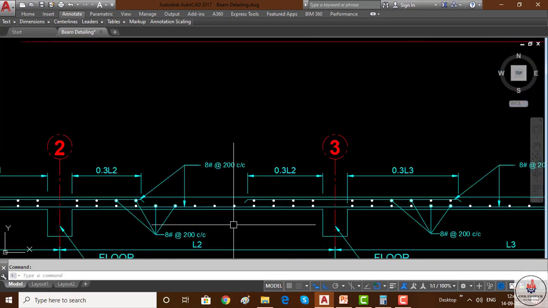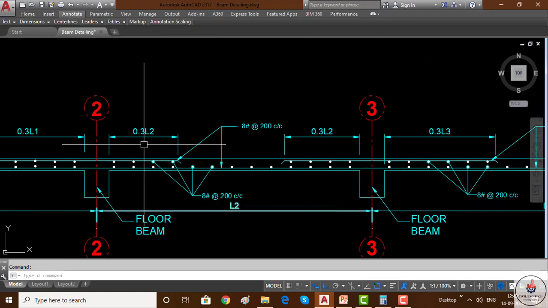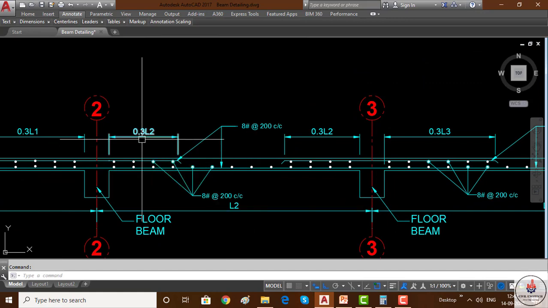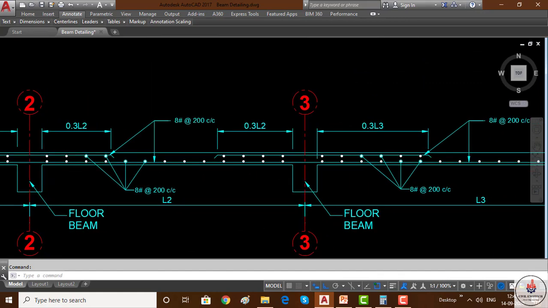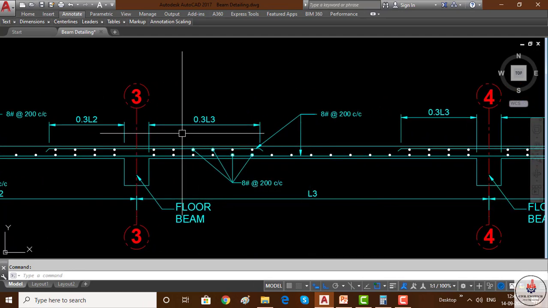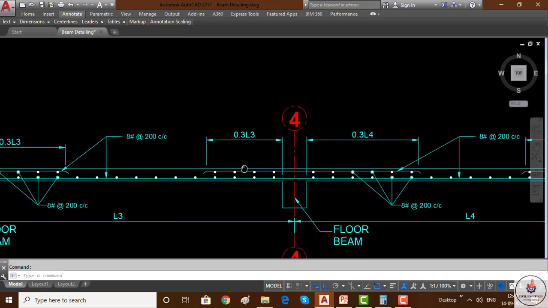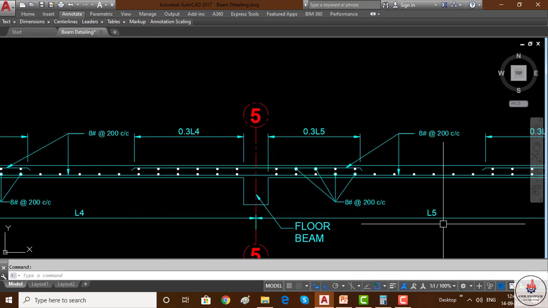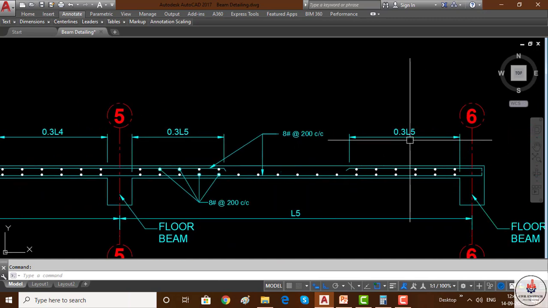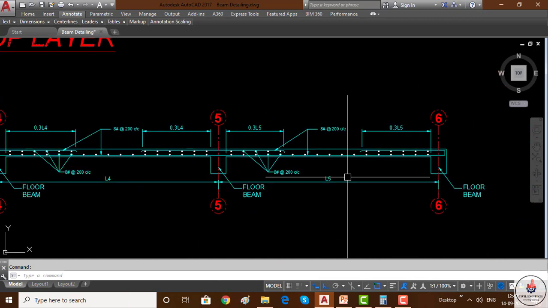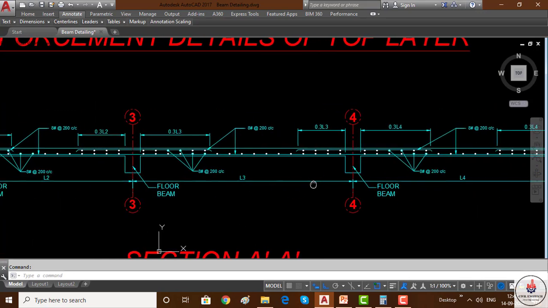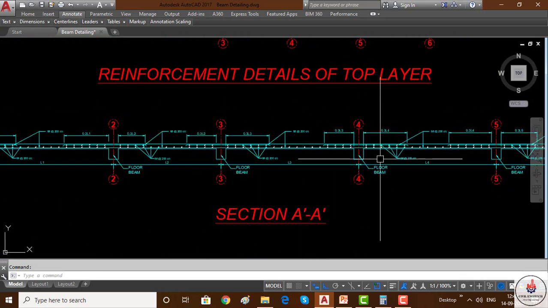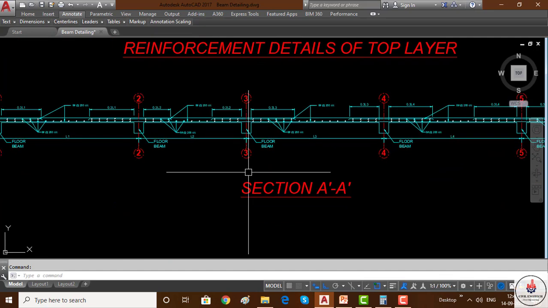For span L2, the curtailment length should be 0.3 L2 on both sides, and for span length L3 it should be 0.3 L3, and for L4 0.3 L4, and for L5 0.3 L5. Okay, and these are the floor beams showing here. So this is the detail of the section A-A'.